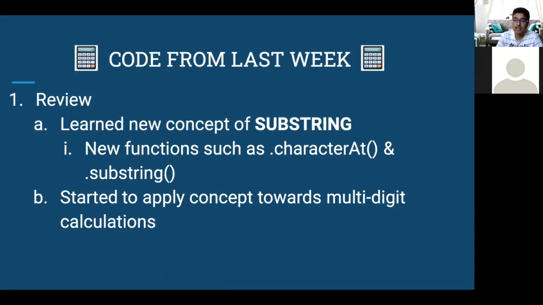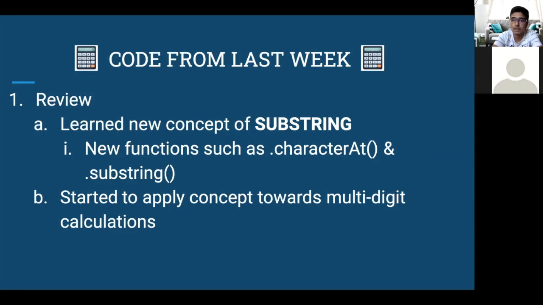And the reason why we were using this new concept of substring is because we wanted to make our calculator be able to do multi-digit operations. Up to last week, our calculator could only do single-digit operations, so like any number below 10, so 1, 2, 3, so like 5 plus 5, 6 minus 2, 3 times 4. However, last week we started on working on this idea of adding double-digit or any digits, however many we want,